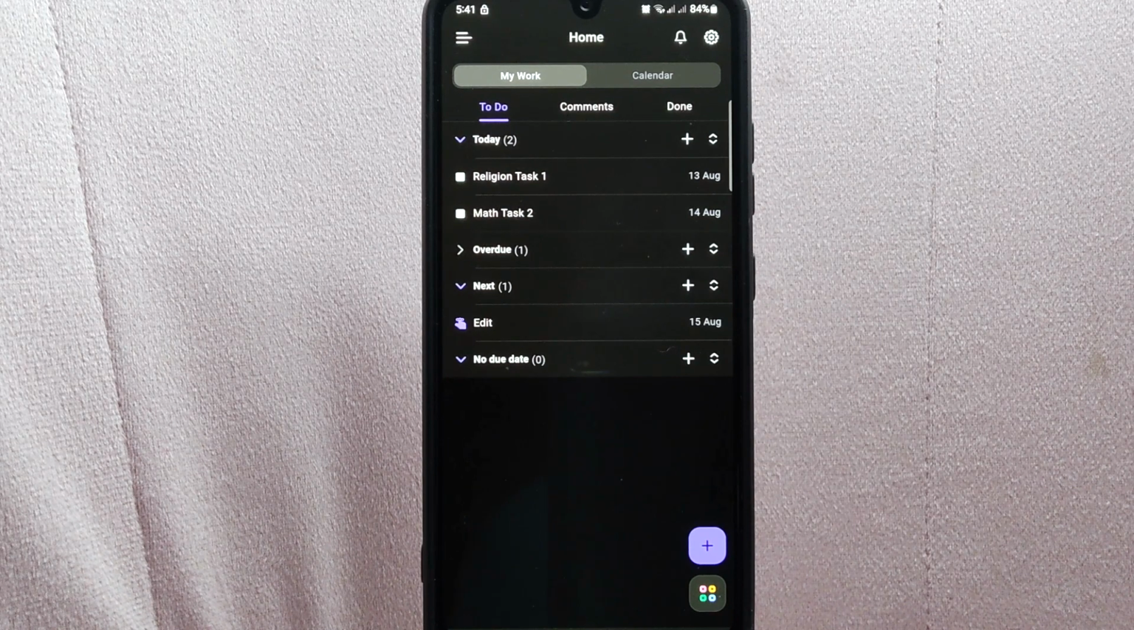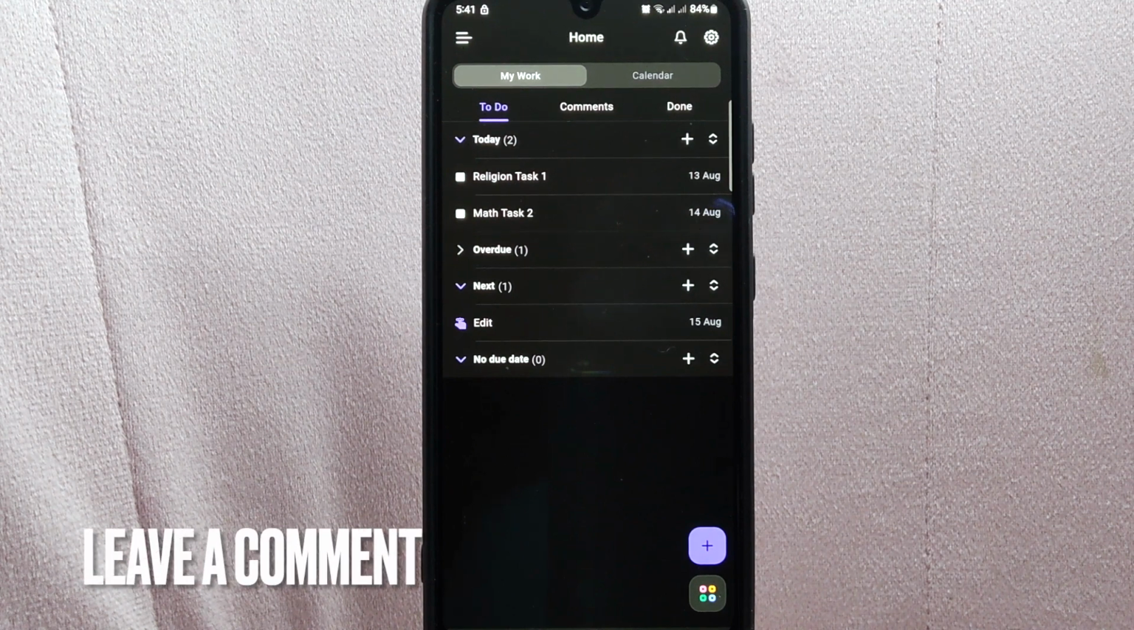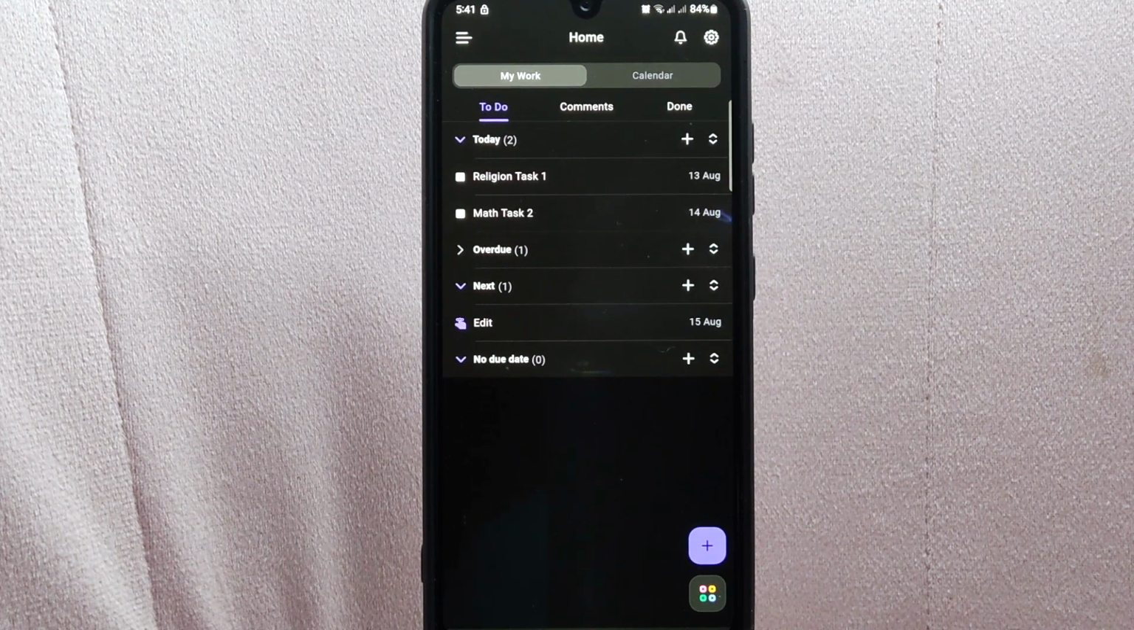There you go. If you wanted to know how to hide navigation toolbar on ClickUp, that is the easiest way. If you know another way to hide navigation toolbar on ClickUp,